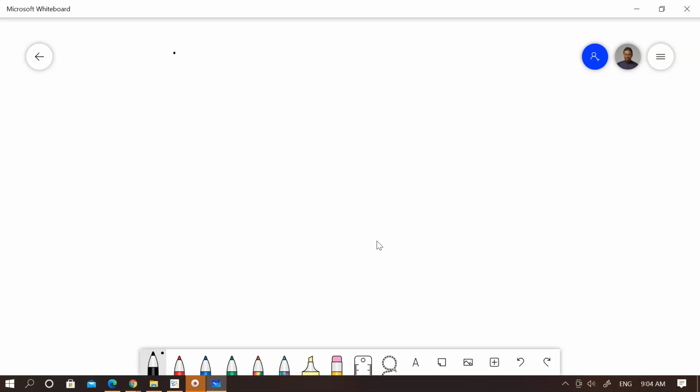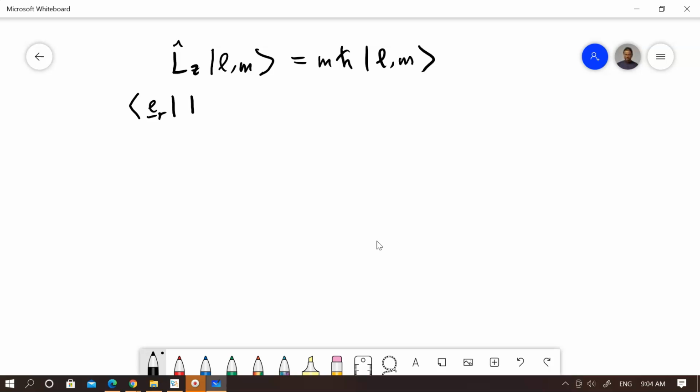So recall that LZ acting on |LM⟩ is going to be m h-bar |LM⟩. So if one takes the so-called unit vector, so this is a position eigenbasis kind of thing, this will become m h-bar Y_LM. Okay. So if one restricts to the state EZ,